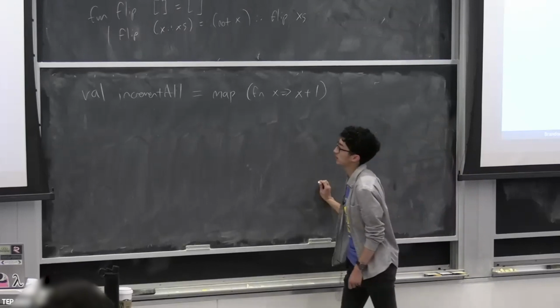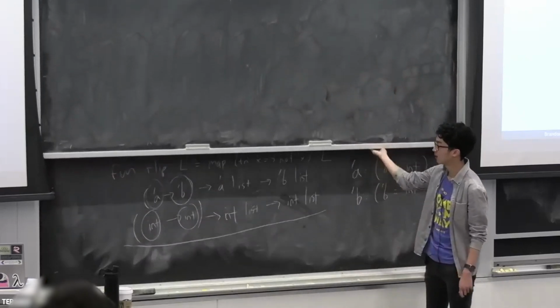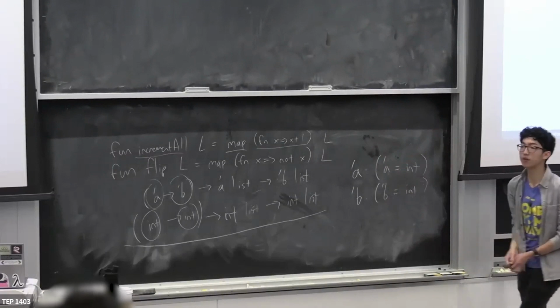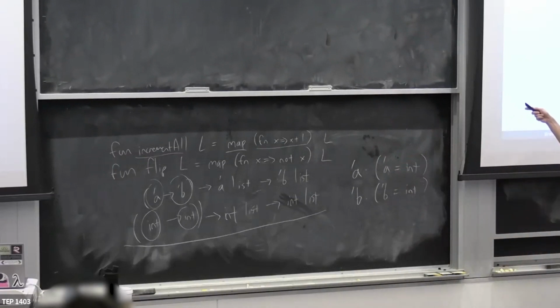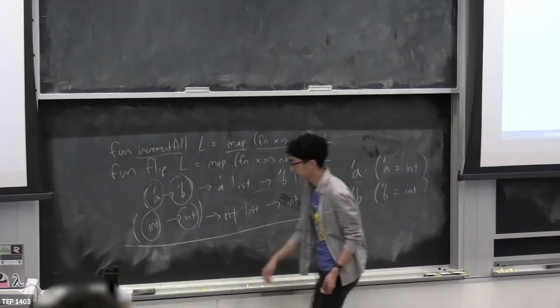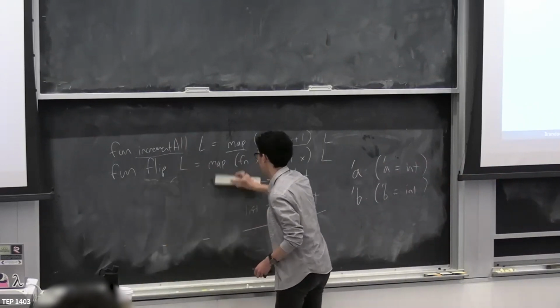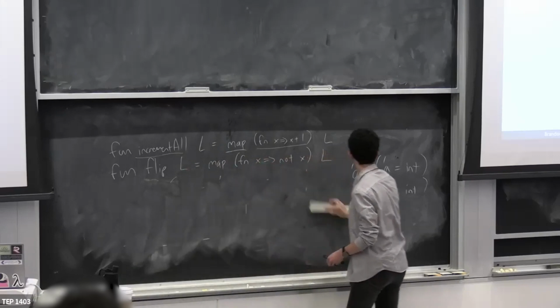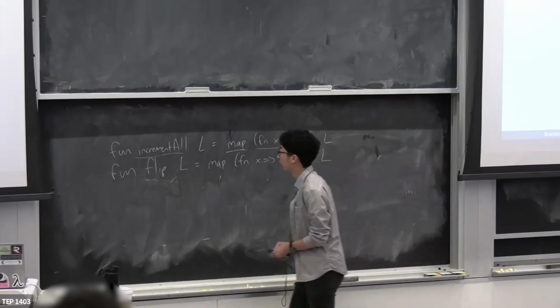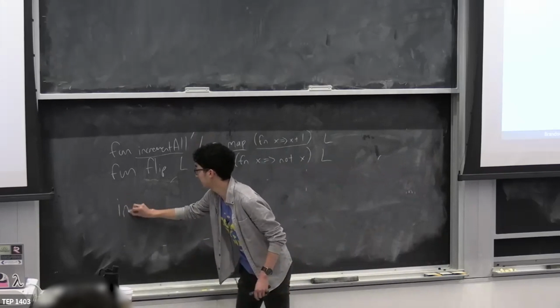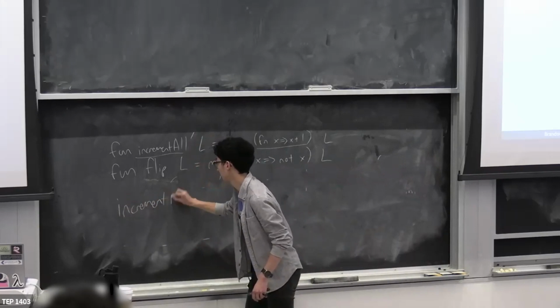Okay? Because let's compare and contrast them again, okay? So I've got increment all. I can either define it via saying increment all is equal to map given the incrementing lambda, or I can say fun increment all, taking in this L, is equal to map increment L, right? Well, let's see it in use, okay? Let's even, actually, I'm going to do it down here. It's more convenient. Suppose I wanted to use this second increment all. Let's call it increment all prime. I'm going to adjust the definition in a second. Let's call this one increment all prime. What would happen if I said increment all prime